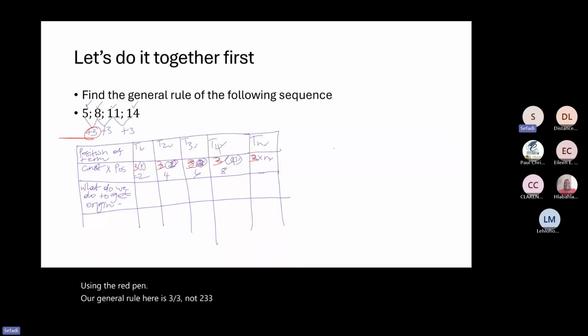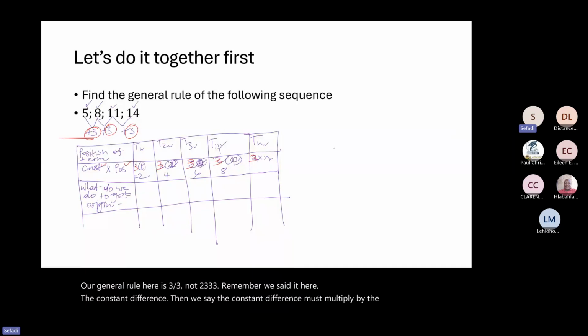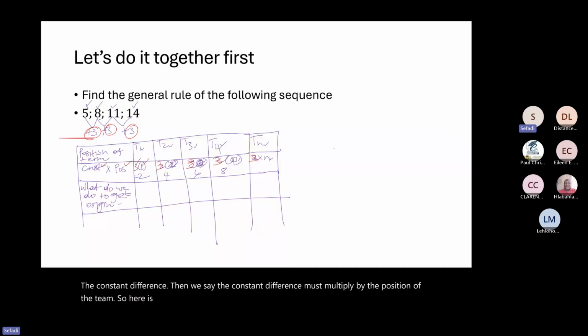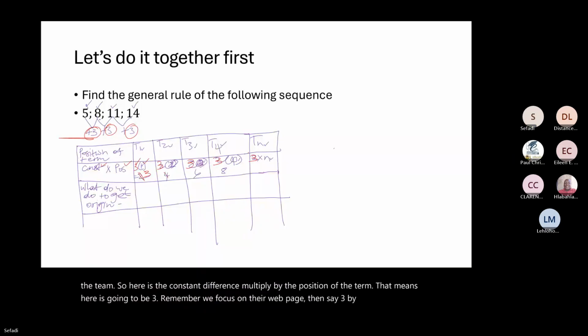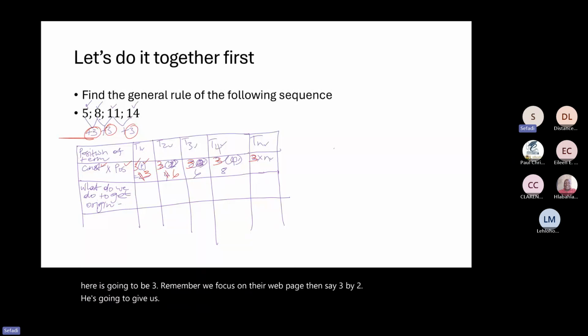Remember, we said it here. The constant difference must multiply by the position of the term. So here is the constant difference multiplied by the position of the term. That means here is going to be 3. Remember, we focus on the red pen. Then we say 3 by 2 is going to give us 6. And then we say,